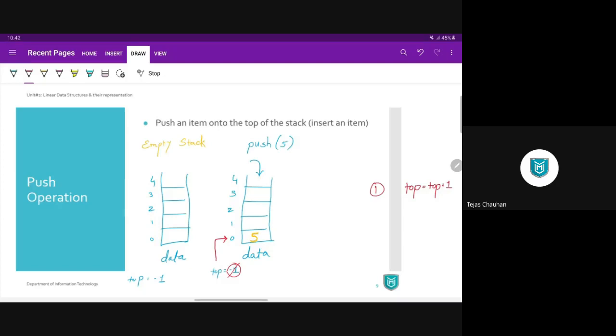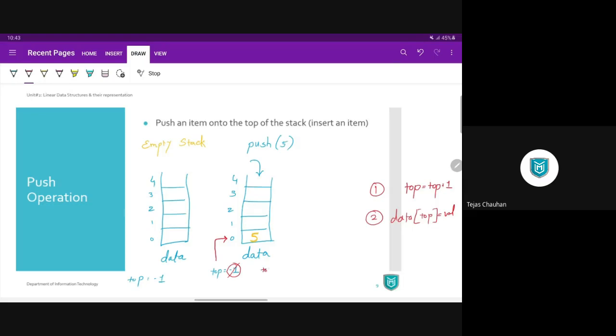Once my top pointer is pointing to 0, my second step will be storing data at the given index by top. Whatever value has been given, I'm going to store it. So data of 0 equals 5.